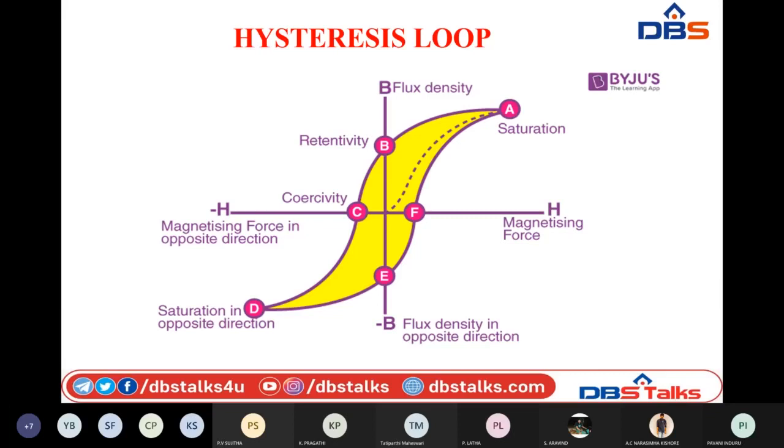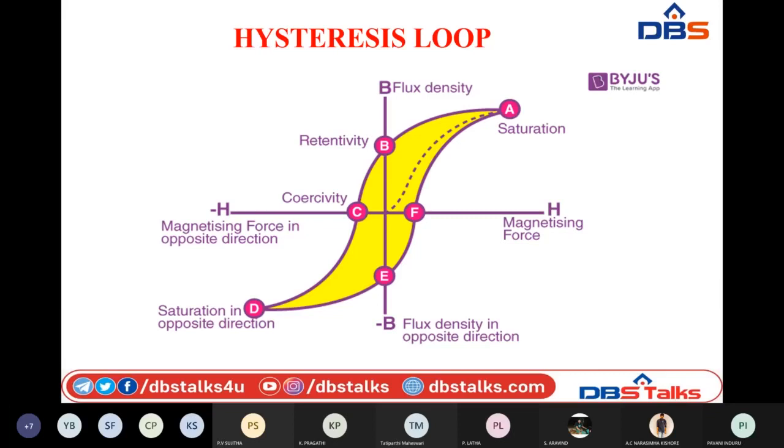So this is again known as retentivity. If we still increase the magnetizing force in the positive direction, at point F we are able to reduce the magnetic flux density. This point is again known as coercivity in the positive direction. If we increase the magnetizing force in the positive direction once more, it will take a new path to